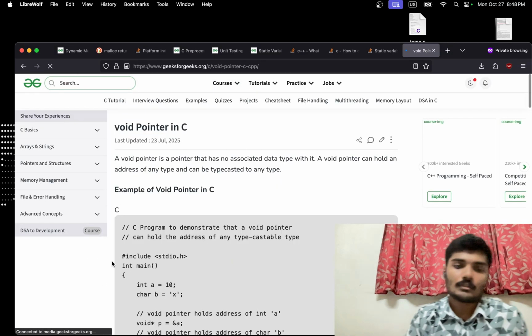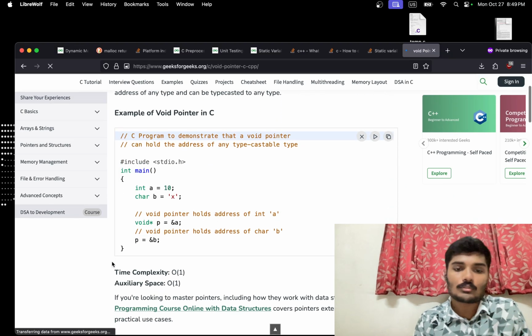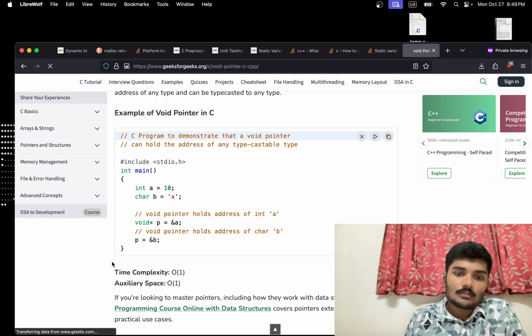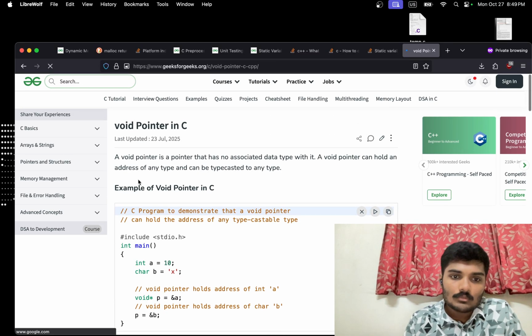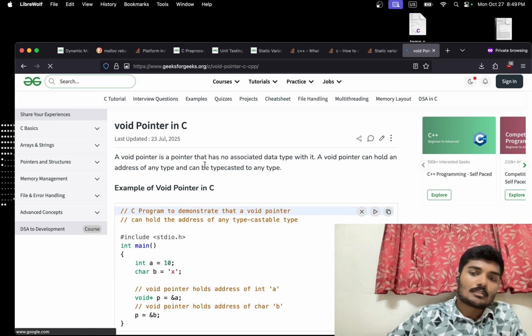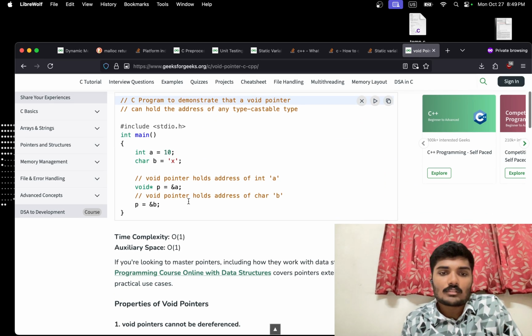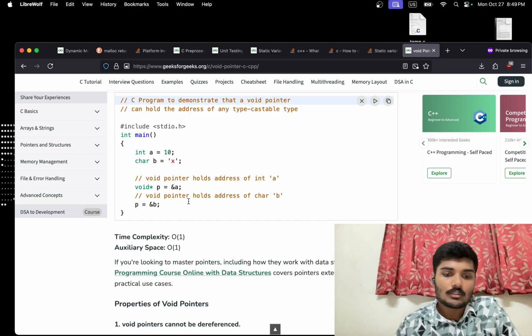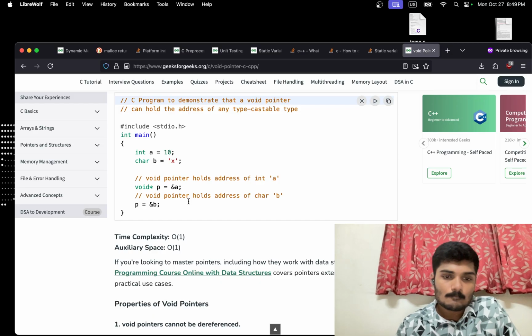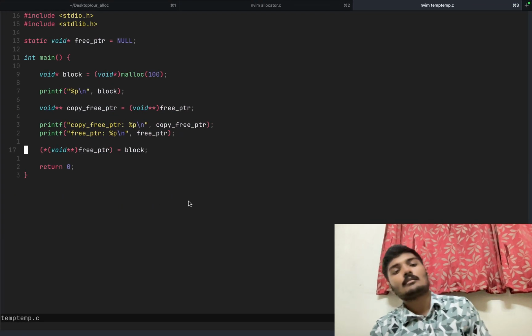So void pointer in C. Let's learn about it. So void pointer P is equal to the address of A. Wait, what does it mean? A void pointer is a pointer that has no associated data type. So address of 10. Okay, dereference. Hmm. How about I give it like